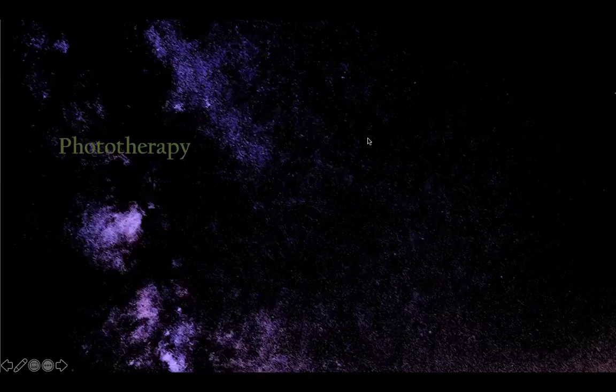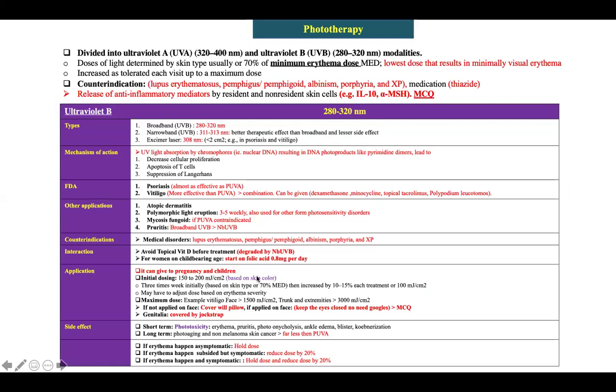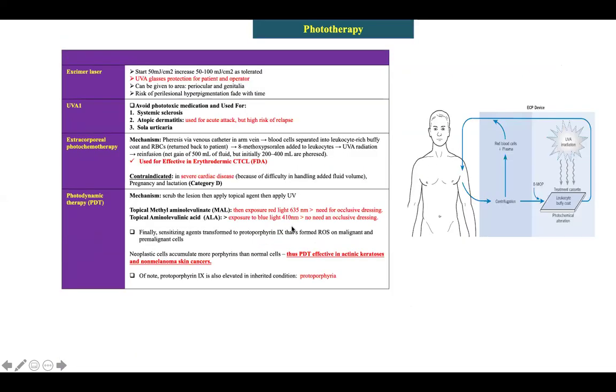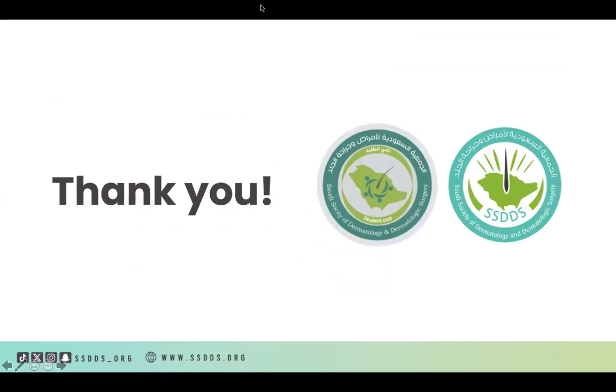And of course, he also included Abdullah, the phototherapy. You can also look at it. That concludes my talk. I didn't make it a long lecture because I want you all to understand just the basics. I have, as I told you, an advanced lecture, two lectures, introduction 1 and 2. I discuss the skin very deeply. You can have a look at it at your own time, and I will give you Abdullah's slides. Please keep it on your phone and every rotation that you go to, study from it. It's very updated. He took it from Bologna and from Wolverton. Okay, so it's very updated, very, very nice.